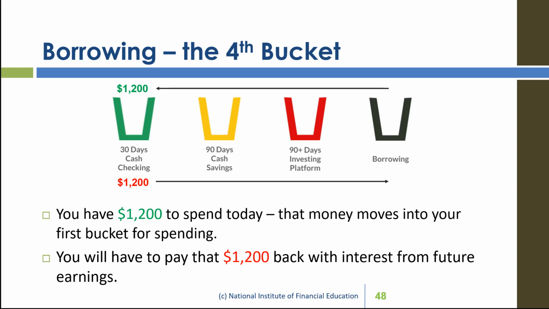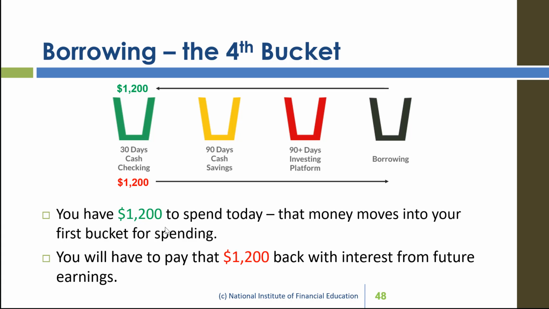Now, for whatever I'm using that money for, credit card, to buy a car, a house, it doesn't matter. It's the same dynamic. I'm pulling money forward to use it now, and I'm creating an obligation. So that red $1,200 means that $1,200 will have to go back to that bucket. And where will that come from? It will come from the green bucket here.